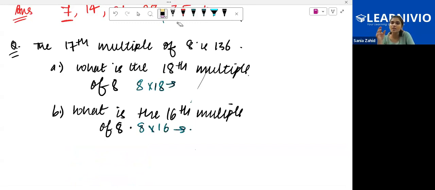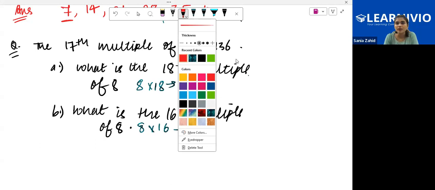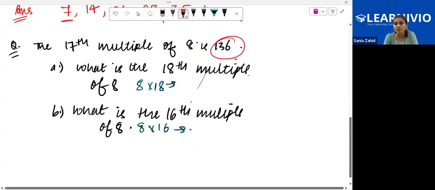Now 18th is one more than 17th and 16th is one less than 17th. So if you have to find the 18th multiple, one more than 17, just add 8 to it. If you do 136 plus 8, you will get